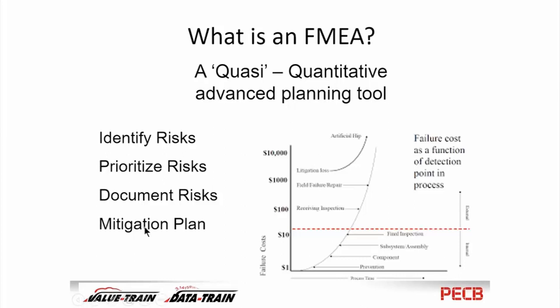But what we're going to do is identify, prioritize, and document the risks, and then once we know what they are and which ones are the worst ones, we're in a good position to make a plan to mitigate those risks. And I know you can't read the details of that